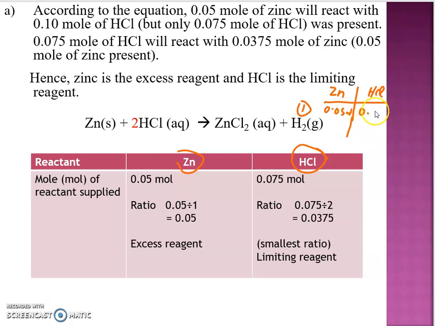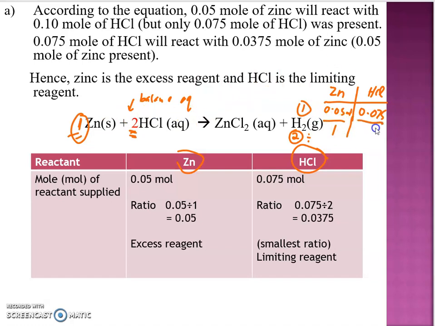Okay. And then HCl 0.075. Second step is you divide by the ratio ataupun by the stoichiometry number dekat sini. Okay. Zinc tak ada apa-apa, maksud dia 1. Okay, and then HCl 2. Okay, yang ni nak tengok mana? Tengok pada balance equation. That's why you can balance. So, zinc 1,